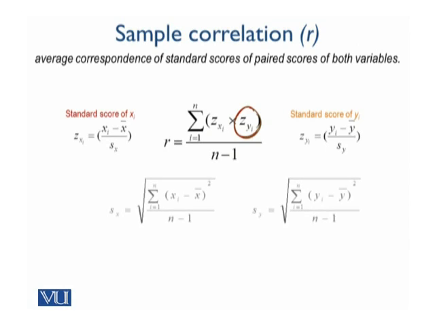You can also see in the slide the formulas for the sample standard deviation for x and the sample standard deviation for y. And in both of these cases, you have n minus 1 in the denominator. Also, the letter that is used for specifying the Pearson correlation coefficient when we're talking of samples is the letter r. And if we are talking of the population correlation coefficient, we'd be using the letter rho, the Greek letter. This is consistent with our terminology, and we're using the Greek letters for population parameters.